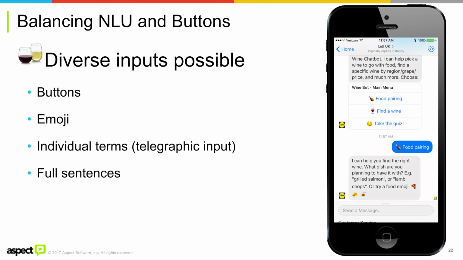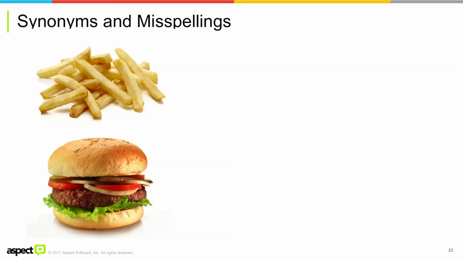And linguistic AI has to be smart about the fact that people use lots of words for certain concepts. If I ask this audience, what is this item in the upper left-hand corner? They'd probably say chips, but I would say French fries, right? Well, we have to allow that there may actually be an American shopping at Lidl UK who wants to ask what goes with French fries, although wine with French fries is an odd combination.